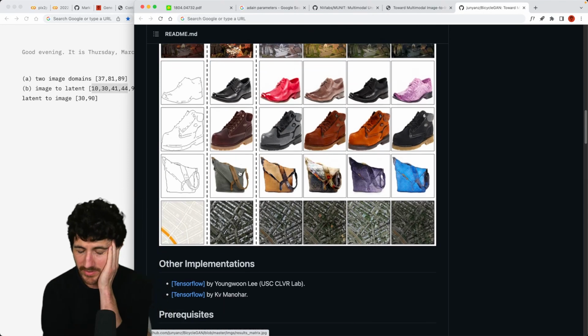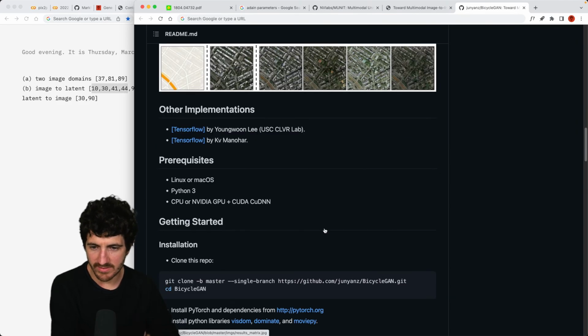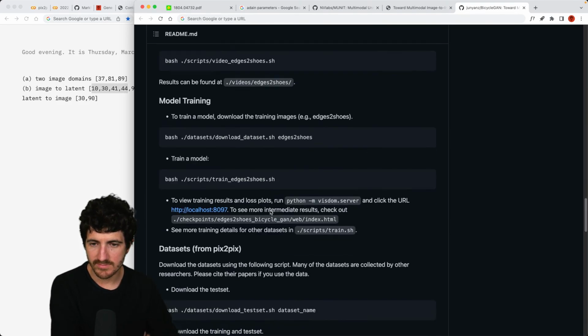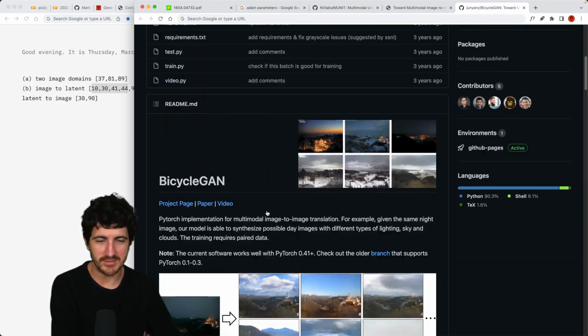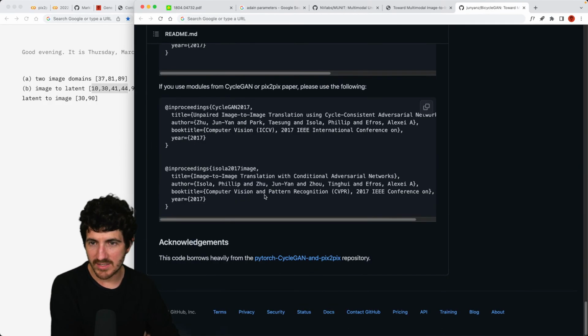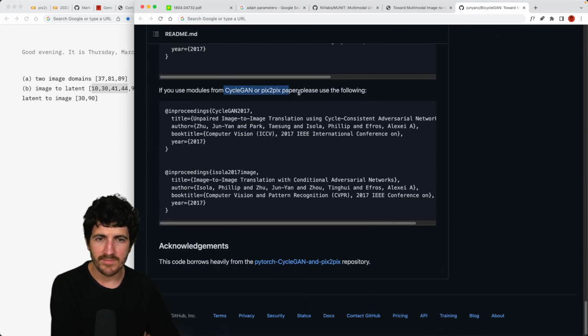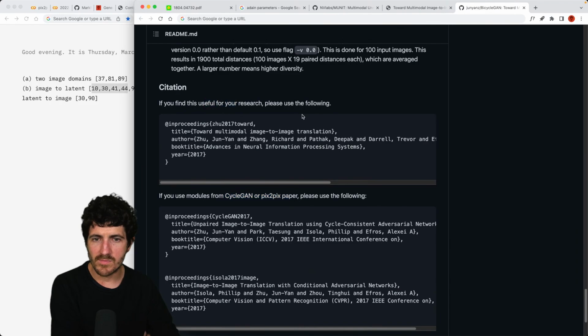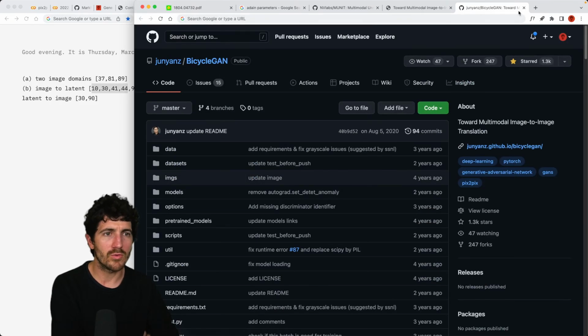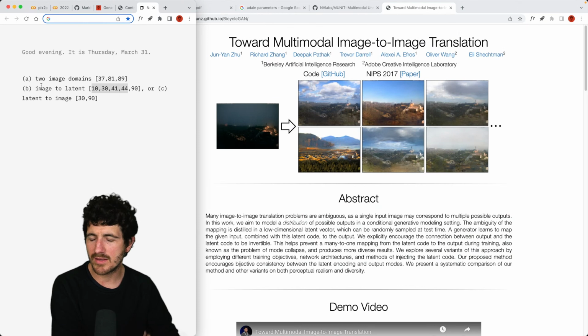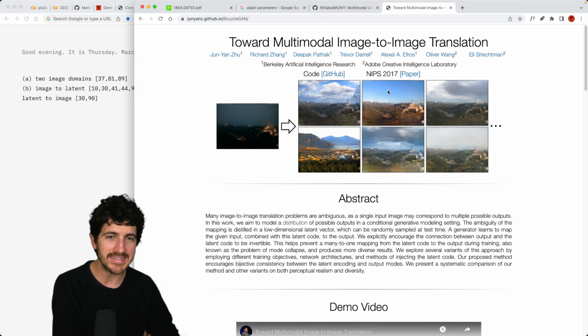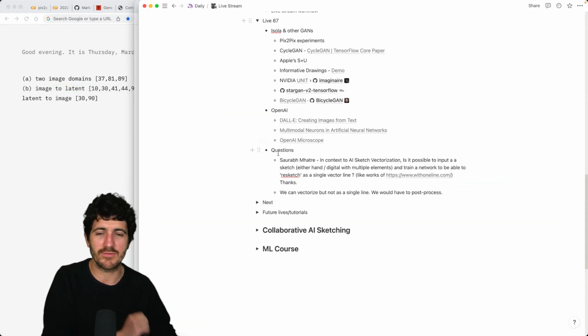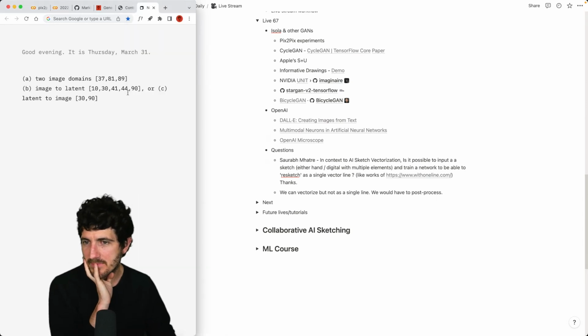So this does require paired data. No, great. But I mean, it's awesome. Okay, so they're citing. Okay, cool. So that's BicycleGAN, image to latent, and let's see latent to image. Let's see what the difference is, and maybe we could have made